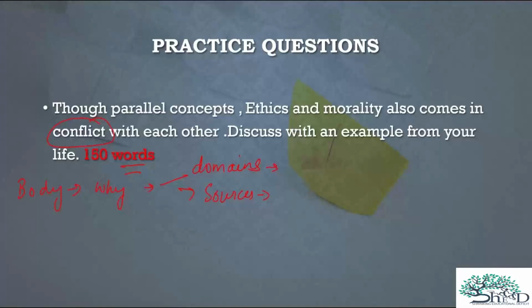For morality, just try to remember. If you haven't revised, please go and revise the slides or at least see the video on 1.5x. So in morality, it's more about family values, personal values, religion, tradition. All right, third thing, you can say that ethics are more institutionalized. They come from external things. I mean they're certainly imposed on you. And morality is more of an intuition, it comes from within. So these can be 2-3 points which you can write, on why they come into conflict with each other.